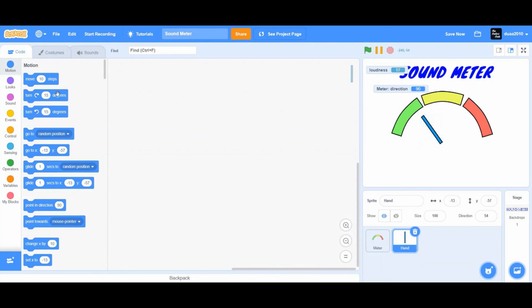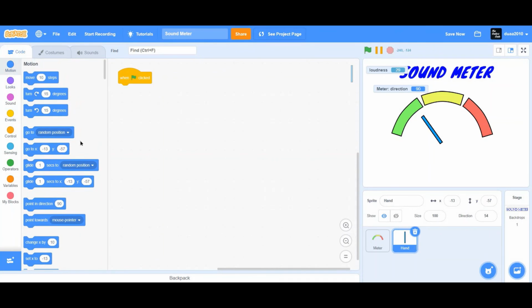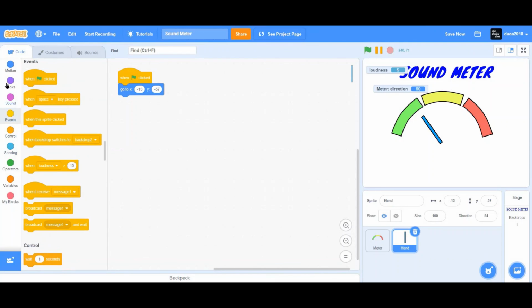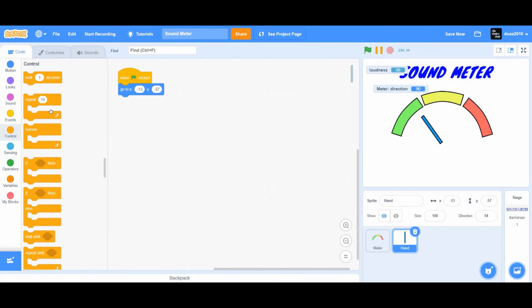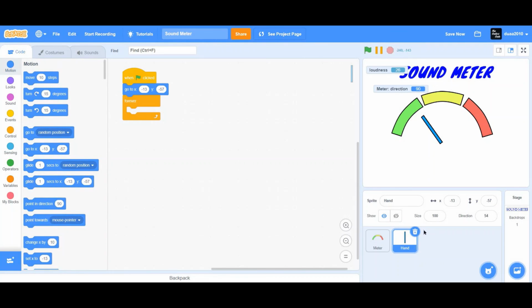And for the hand, we do need something else. So when green flag is clicked and go to x and y, then we want to drag in a forever loop, in control. Whatever you put in this loop will execute until the stop button is clicked. And now we want to make sure that this is pointing in direction